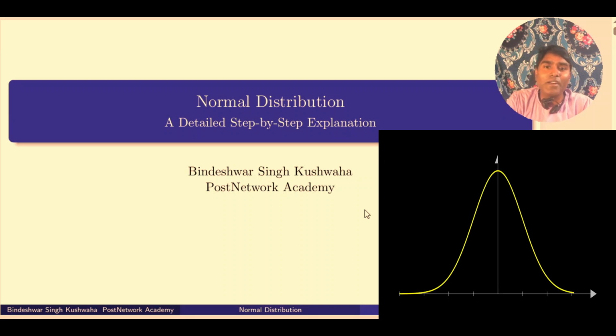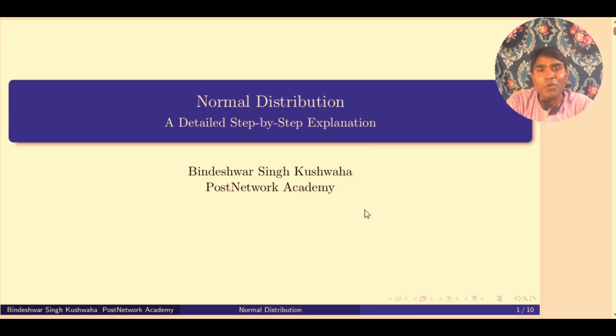Have you ever wondered why exam score, human height, and even measurement error follow the same bell-shaped curve? This is not a coincidence. This is the power of normal distribution, and the normal distribution is one of the most beautiful and universal pattern